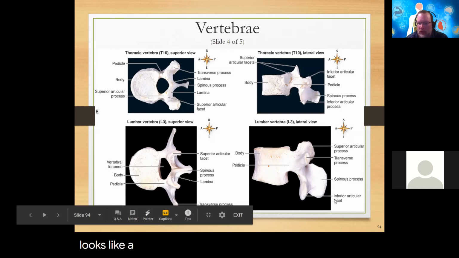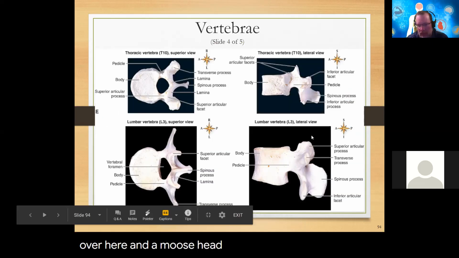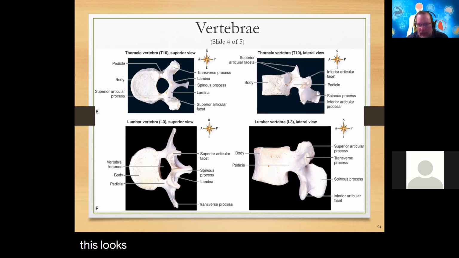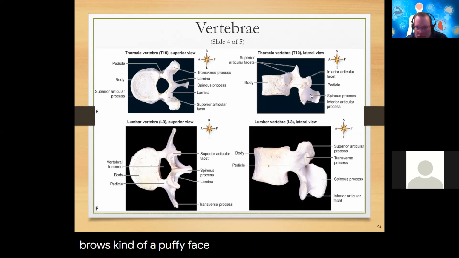Looks like a moose in a profile view. So we've got a giraffe over here and a moose head over here. I don't know what this looks like. Maybe a dingo or kind of like a schnauzer. I don't know. They got the ears, maybe the eyebrows, kind of a puffy face. It's kind of like a dog. I don't know. Zurg from